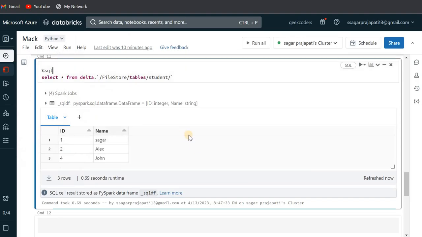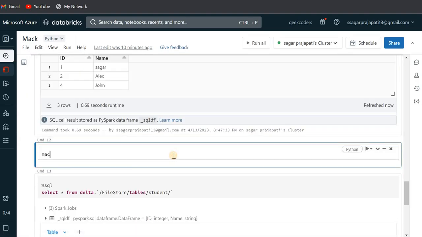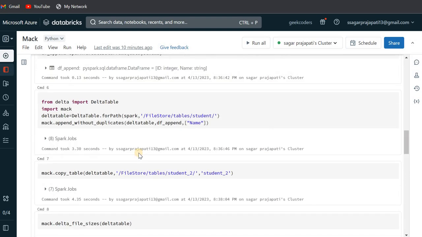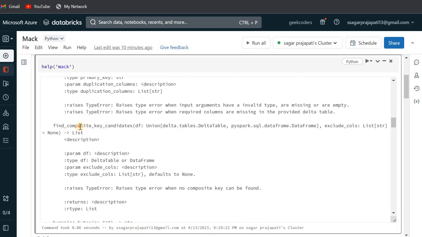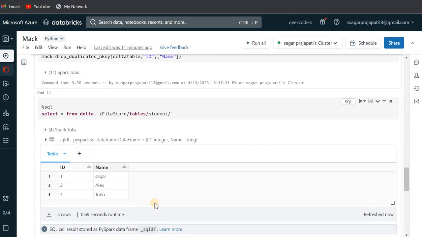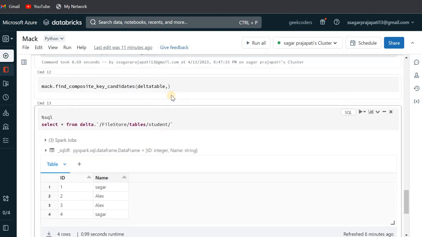So let's go back here, and if I just write MACK dot this function, the first parameter would always be your delta table, and the second would be, I guess, the primary key. Let's understand it here. Find composite key candidate, then the first would be a data frame df. Exclude columns, we can exclude columns over here. So if I go back here and try to run this,